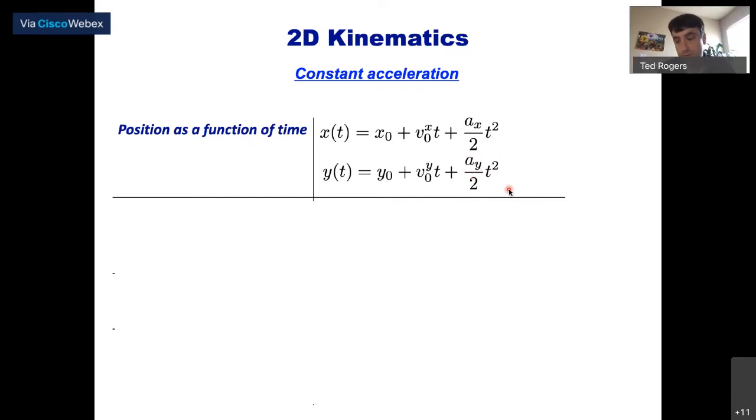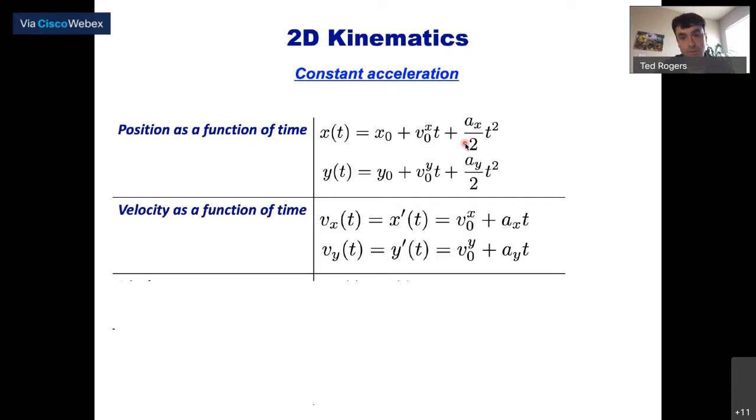If the acceleration is 0, then it just becomes position equals initial position plus velocity times time. You've got a quadratic term here if you've got non-zero acceleration.